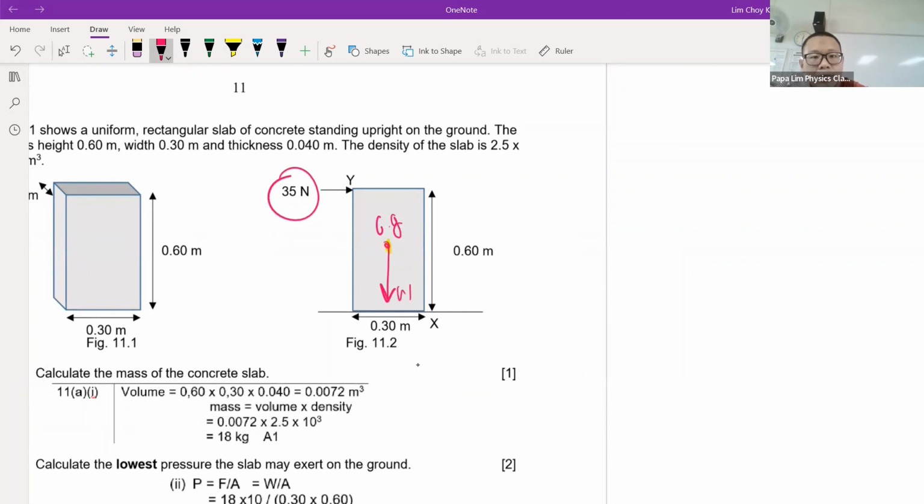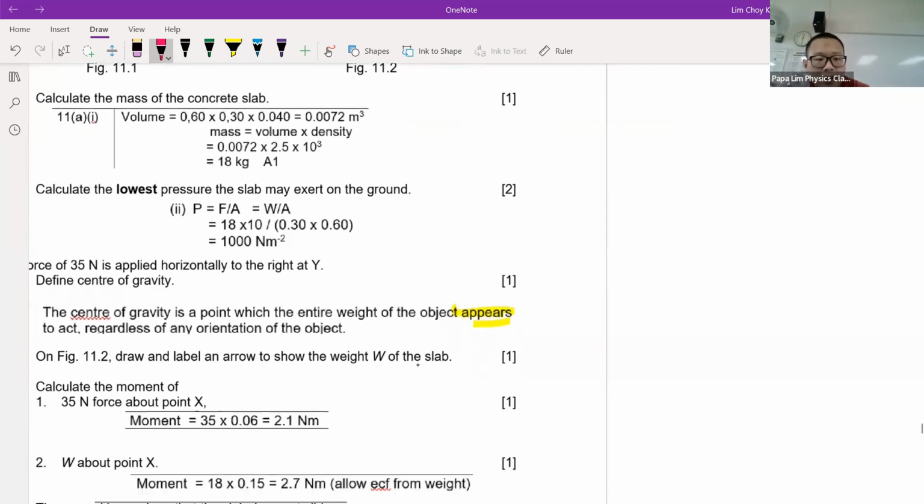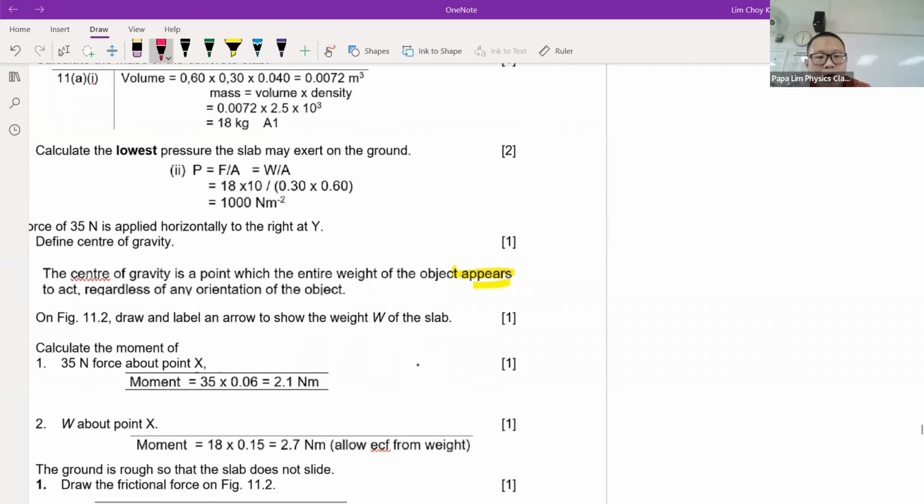And the CG has to be in the middle of everything. It has to be in the middle of the object. Whether it's a horizontal or vertical axis, CG is always in the middle. Then after that, calculate the moment of